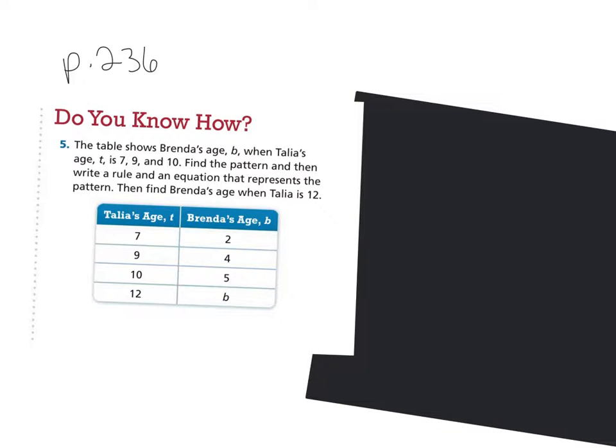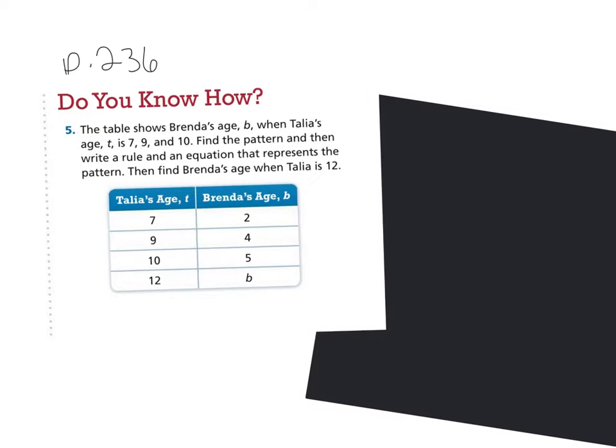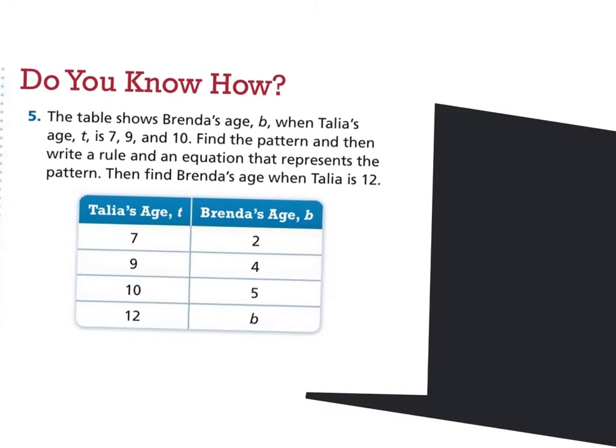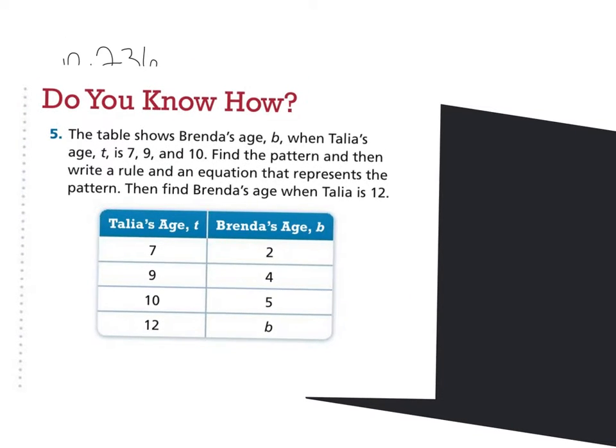Continuing lesson 4.9 on using patterns to write and solve equations. On page 236, number 5, the table shows Brenda's age B when Talia's age T is 7, 9, and 10. Find the pattern, then write a rule and an equation that represents the pattern, and then find Brenda's age when